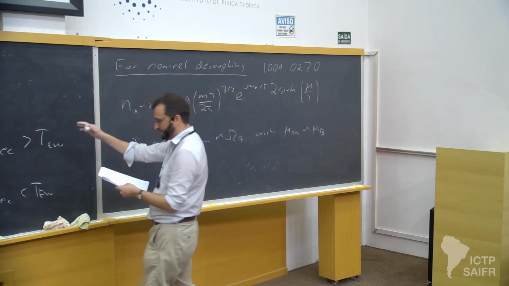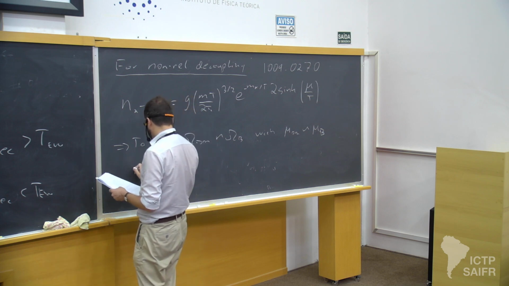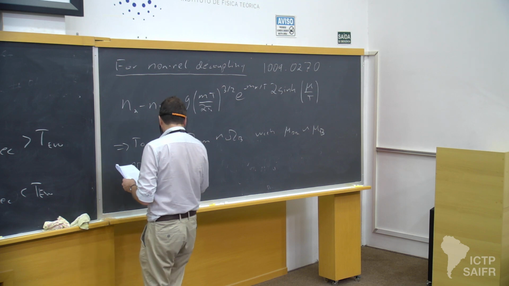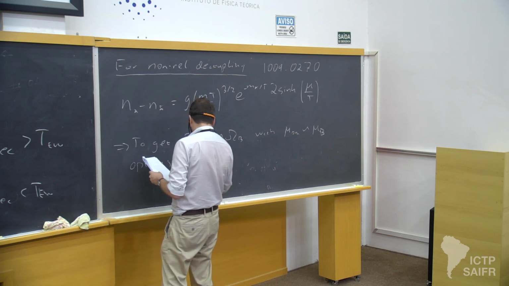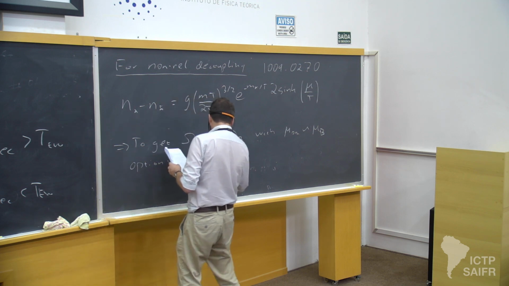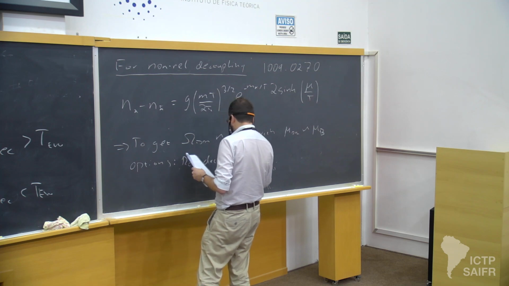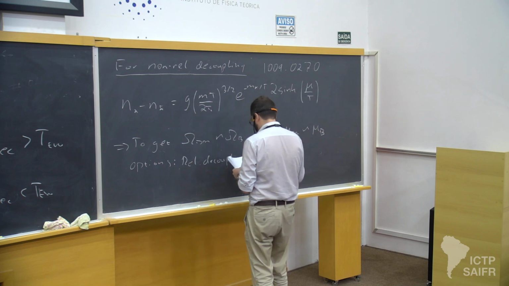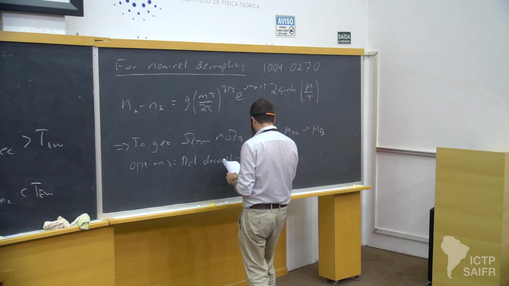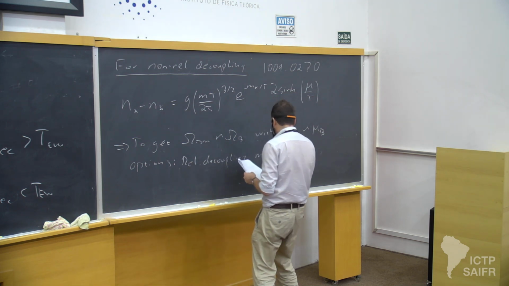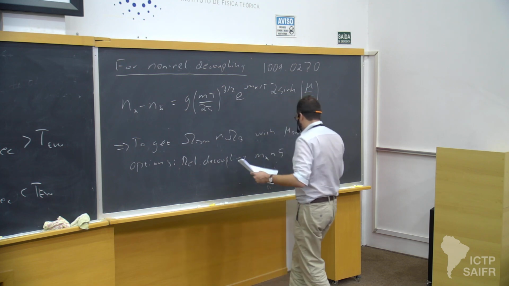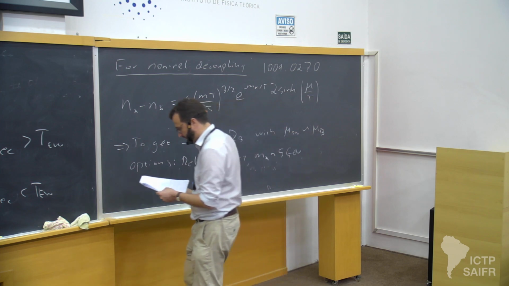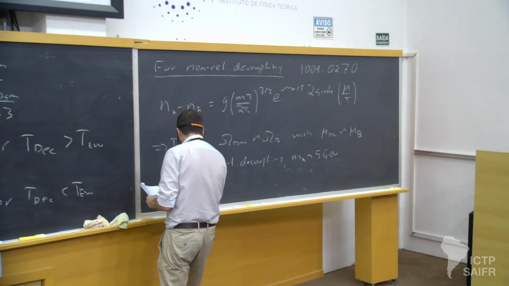You either have relativistic decoupling, where we saw the precise relations, with certain minimal assumptions, and the dark matter mass is then most naturally of the order of a few GeV, 5 GeV or so, or